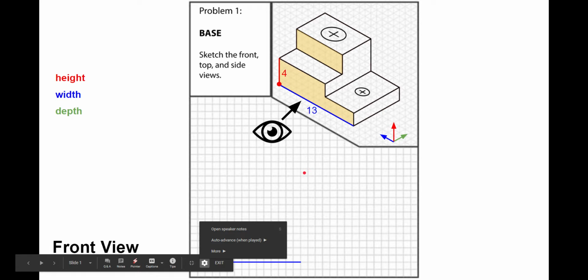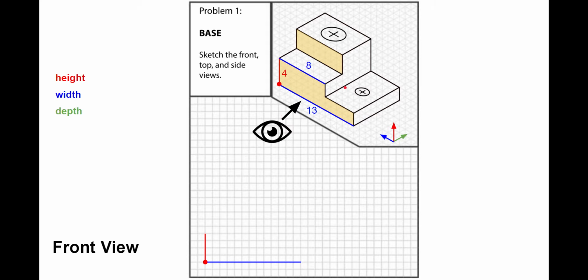After that, I'm going to count across, back to the right. That'll be 8 boxes, and then I'll complete this shape going down 2, and then over 5 and down 2 again. So now I have this bottom hexagon shape that's all drawn on my front view, but I still need to draw this rectangle up here,